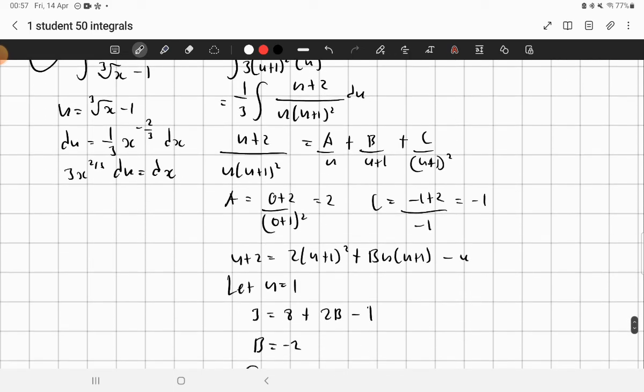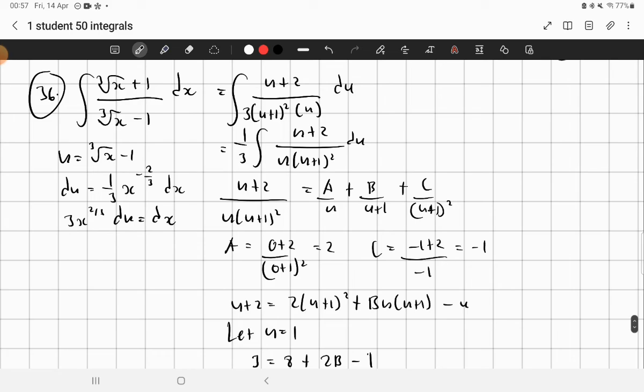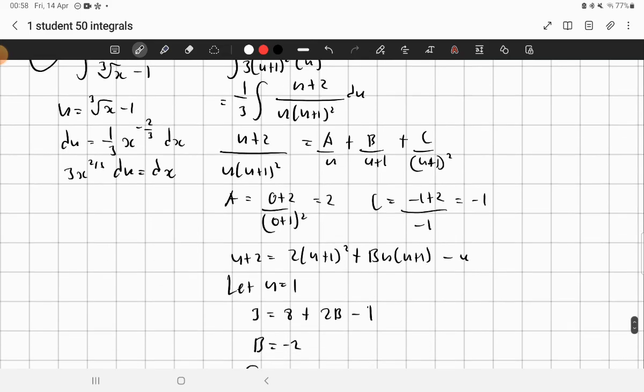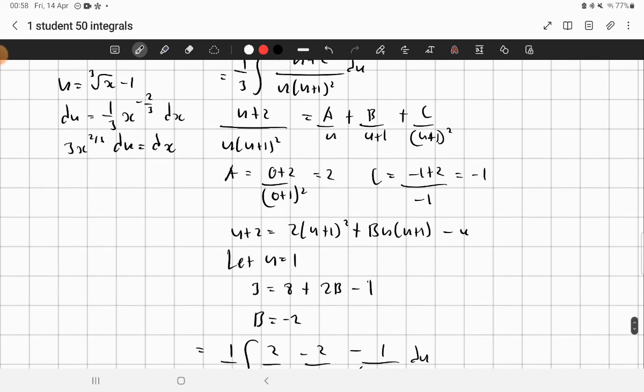U plus 2 square root in cube root. So essentially I will have that. When I see here, it should be no problem. My a is okay. My a would be 2, and my c would be, yeah, negative 1. So when I try to solve further,